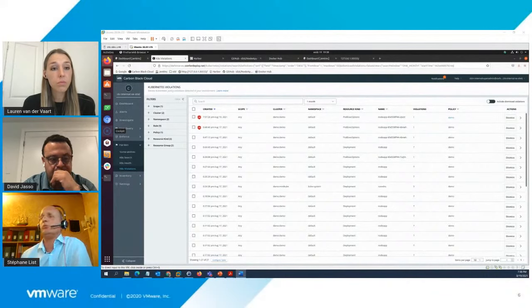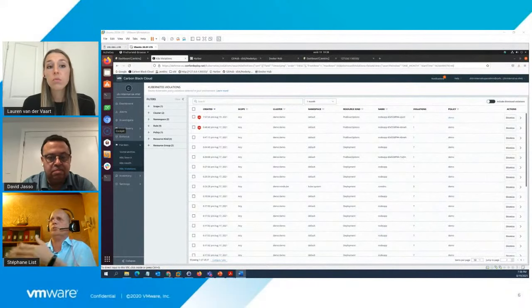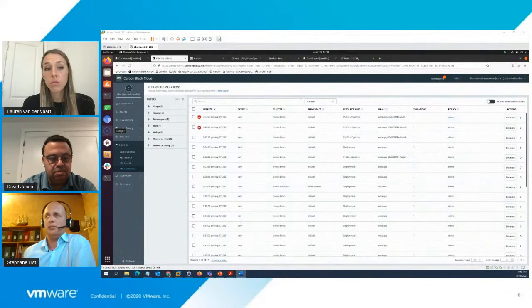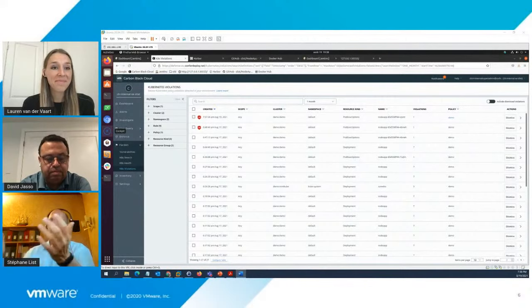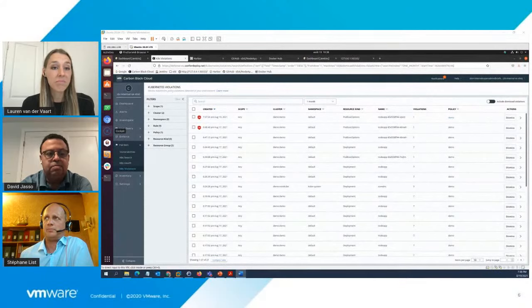So I'm using MicroK8s, but you can also use Minikube, or any upstream Kubernetes. You can use, of course, VMware Tanzu Kubernetes Grid. You can use Red Hat OpenShift, Amazon Elastic Kubernetes Service, Google Kubernetes Engine, Azure Kubernetes Service. As long as it is Kubernetes, you can use it.